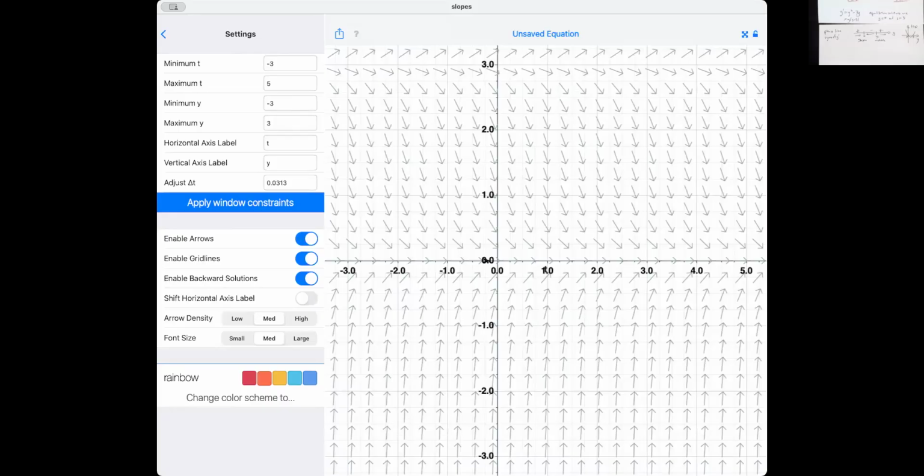Going from negative 3 to 5 in x, going from minus 3 to 3 in y, I see it. Hey, look, I drew it just right. There's the horizontal slope field at 0, isn't it? And way up here at 3, there's everything going away from 3. There's my unstable behavior on top, my stable behavior here in the middle. If you start poking around and giving initial conditions, you'll see